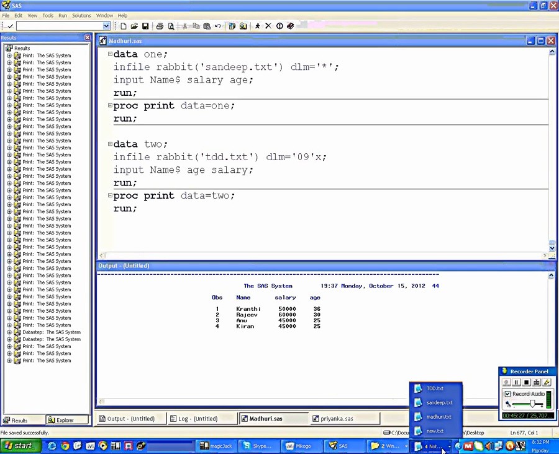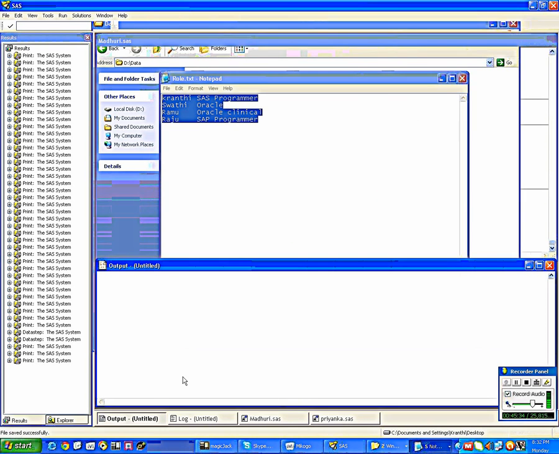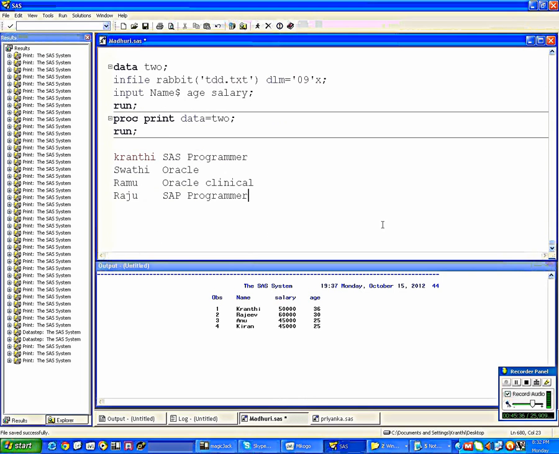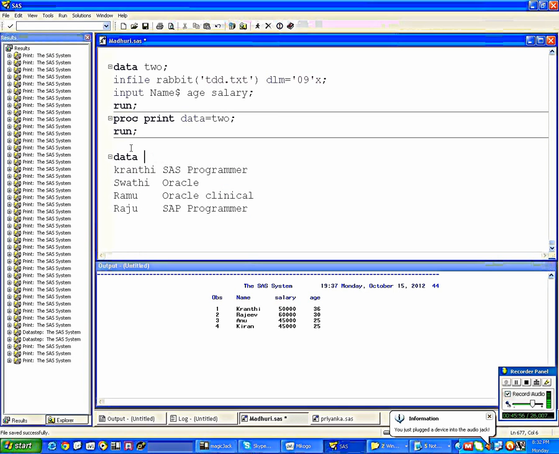Clear? Now, I want to read the data from this file. This file, that name is role.txt. Then see if the data is like this, in the SAS environment only. So here the data is like this. Data role.